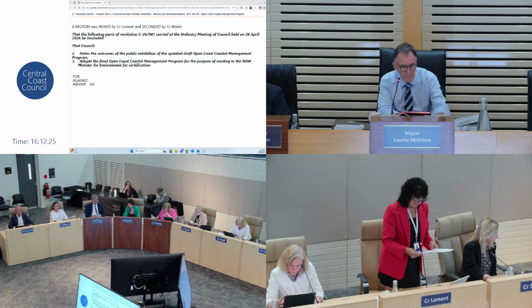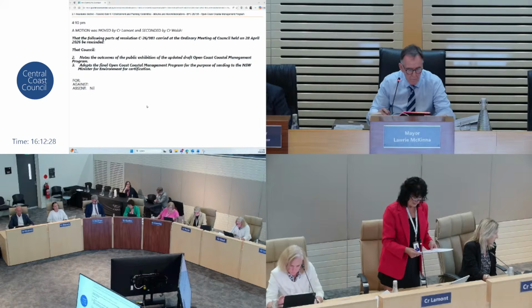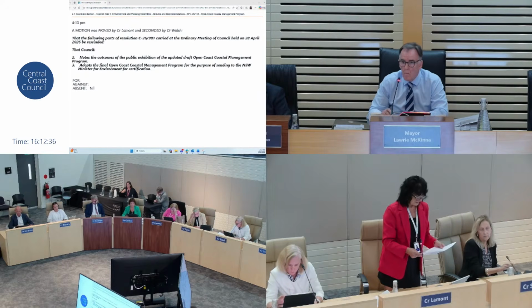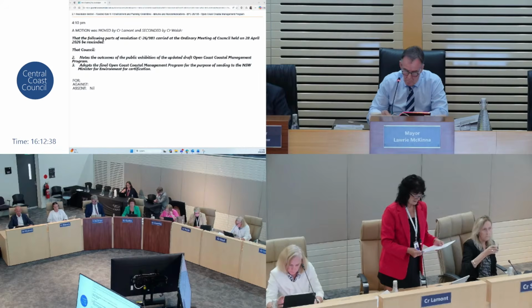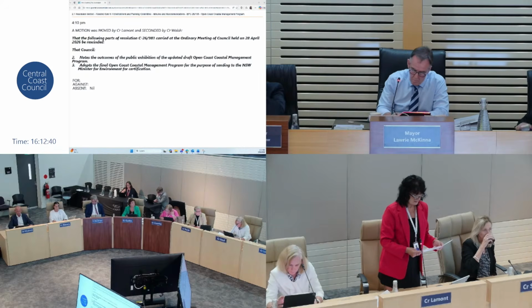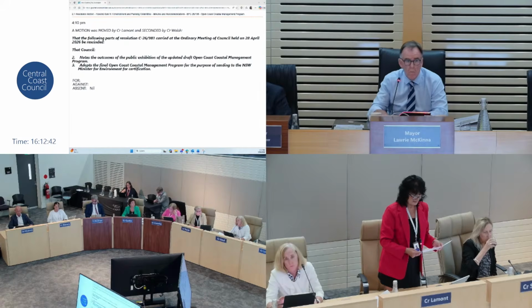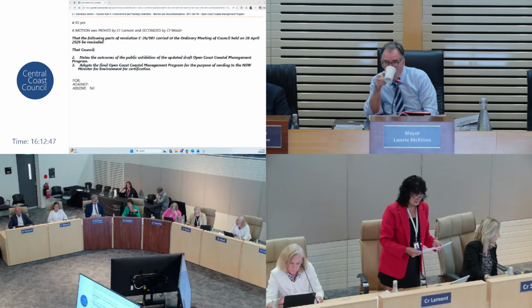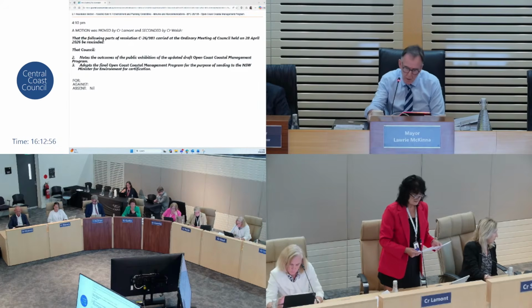Sand nourishment is years away. It depends on funding, approvals and specialised equipment. But the rock structure is being pushed ahead now. It is in the Section 68, which is why we're here tonight. So what happens? We risk ending up with the impacts of a seawall without sand needed to protect the beach. And it's the beach that will protect the houses, not the rocks. They're already there and they're doing a lousy job. Council doesn't even know how much sand will be required to make this work. And the proposed user pay model has already been rejected once. This simply doesn't stack up.